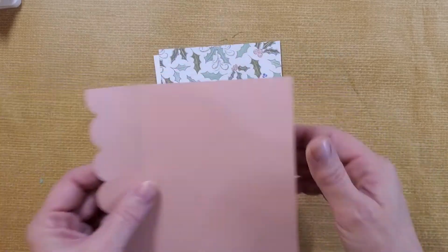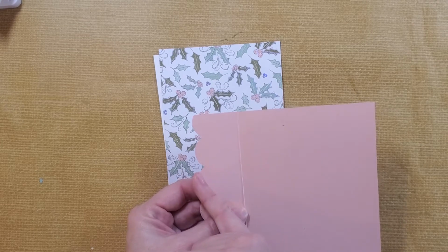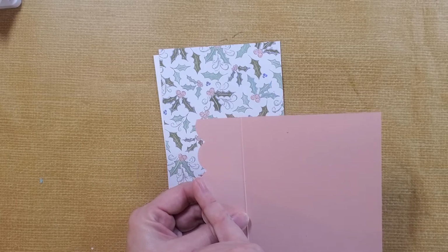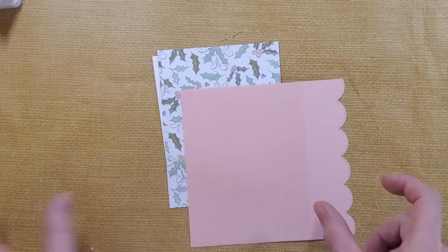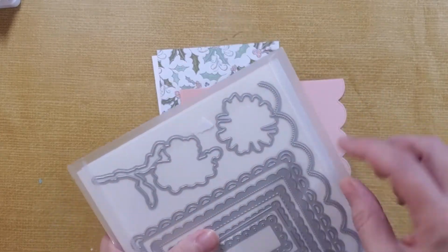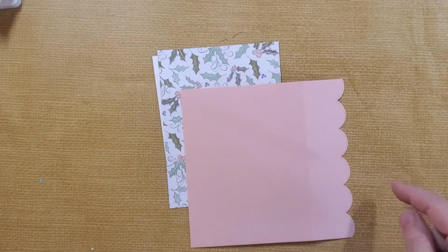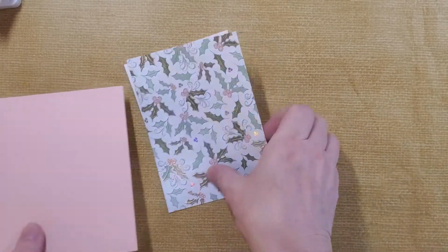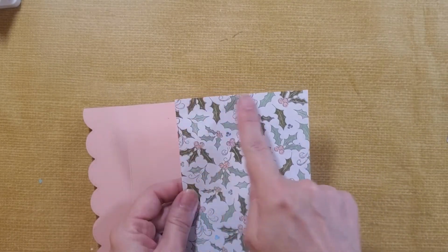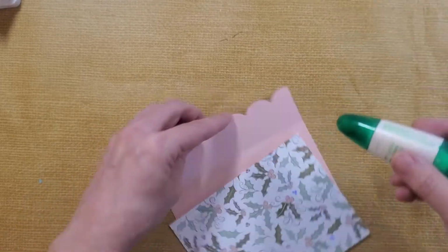We first have this card that was 4 1/4 plus 1 1/2 inches, so that makes it 5 3/4. And then I took my Scalloped Contour dies and used this edgelit die right over here and just ran it along the edge as close as possible to the end. Then I have here a piece of designer series paper that is 4 1/4 by 5 1/2, and we are going to very simply